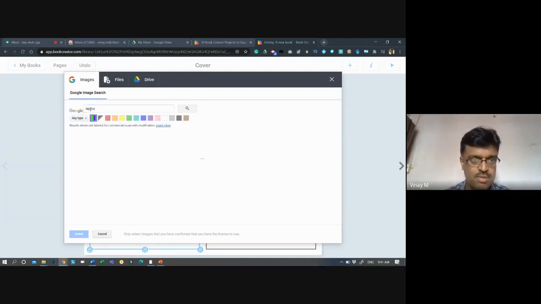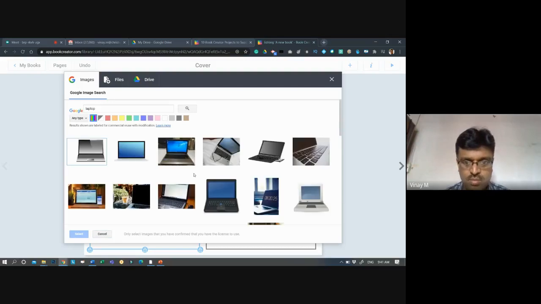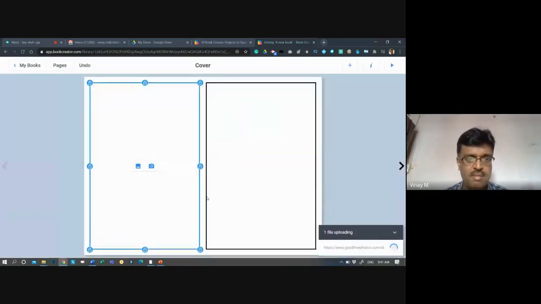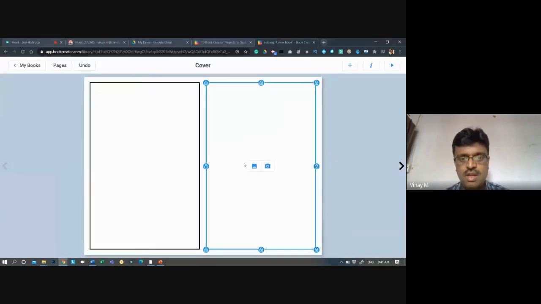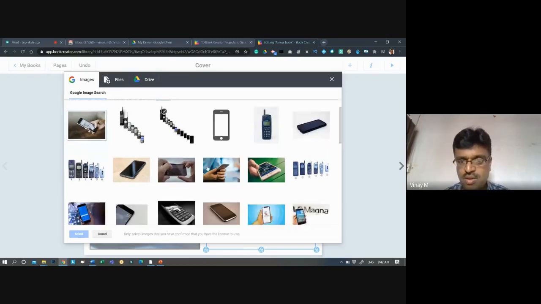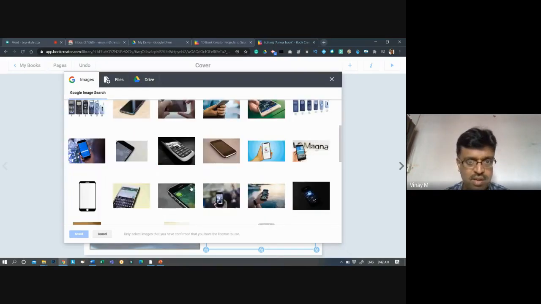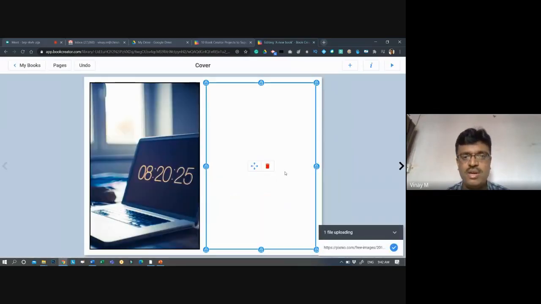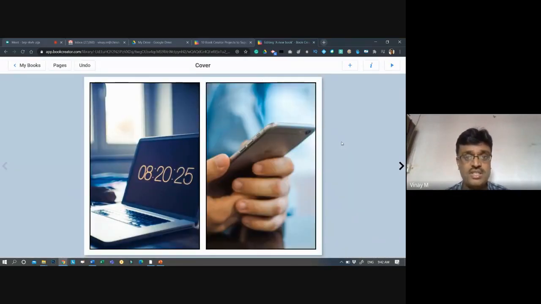Say laptop screen, one image. I just wanted to put a good one there. Okay, this I will put, select, and that image will be replaced inside this box. Go here, click another one, maybe a mobile phone. You take it and then select. Okay, see, this is also a good one, or maybe a taller one I need. Select one of these, whichever is okay. I'll try to adjust and put it. So automatically it is ready.